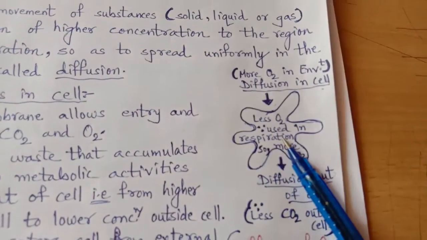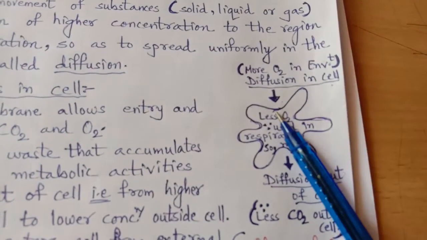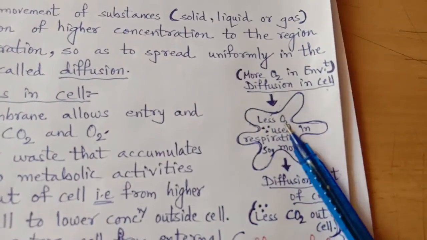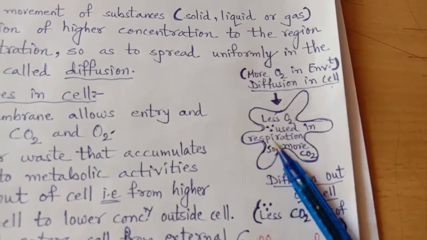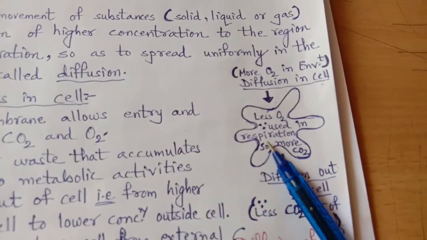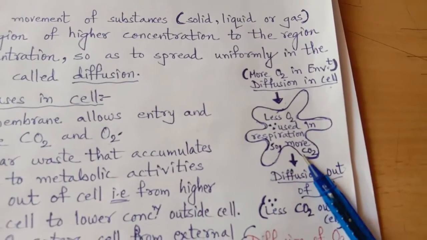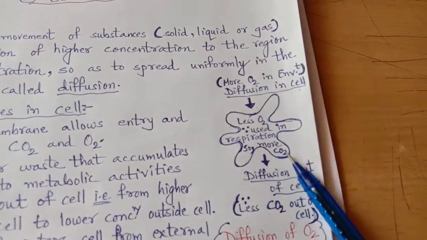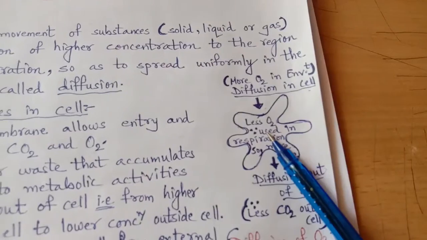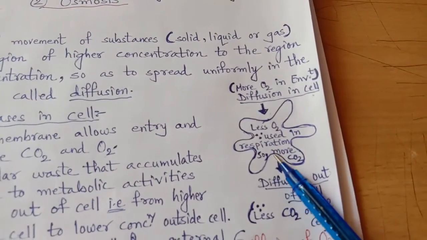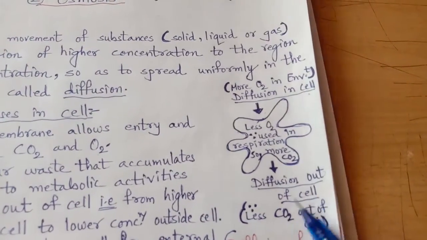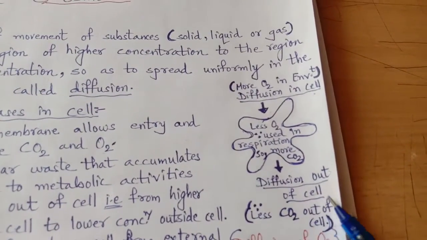it is used in respiration. What is used in respiration? Oxygen. There is loss of oxygen, or we can say less oxygen is there in the body because it is used up in the respiration process. And as oxygen is used up, an increase in carbon dioxide has taken place. So more carbon dioxide is present in the body. So the concentration of carbon dioxide is more in the body, which will try to move out to the low concentration and will try to diffuse out. That is because there is less CO2 out of the